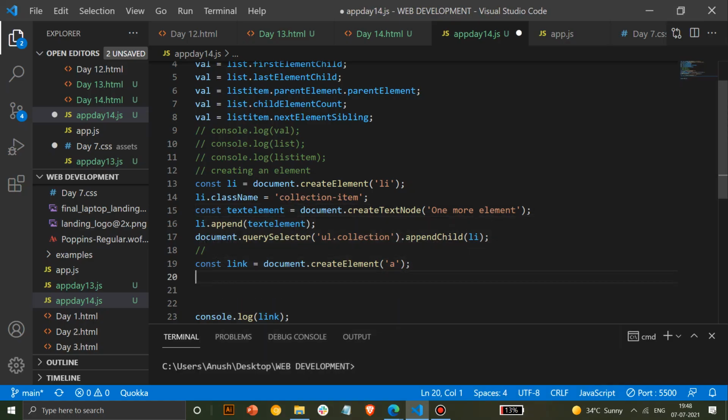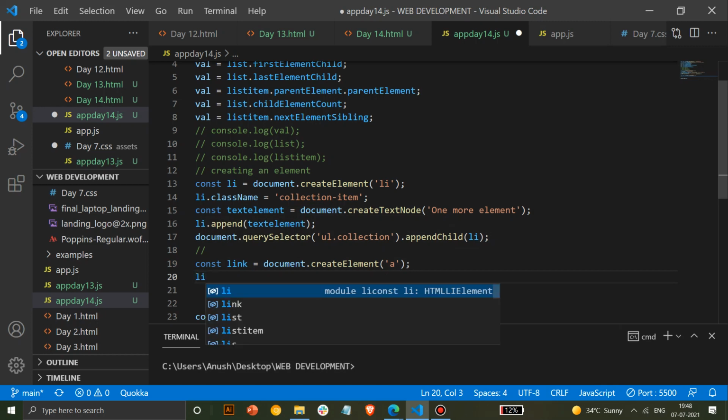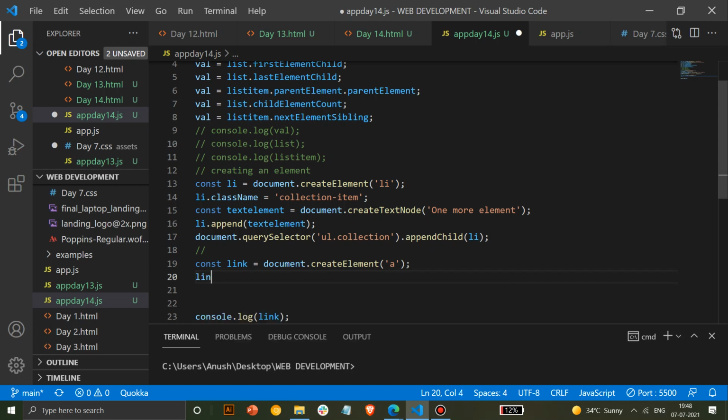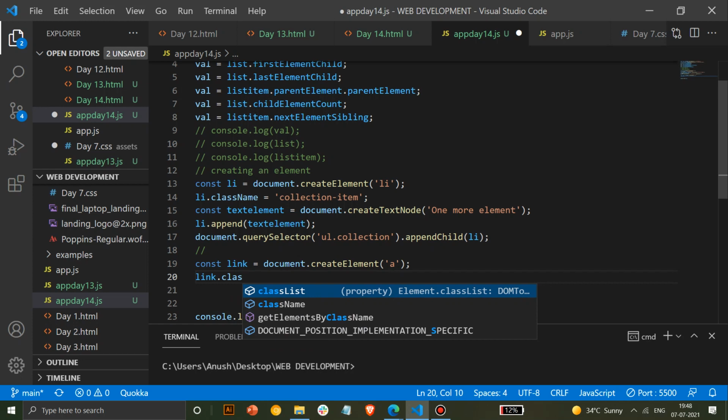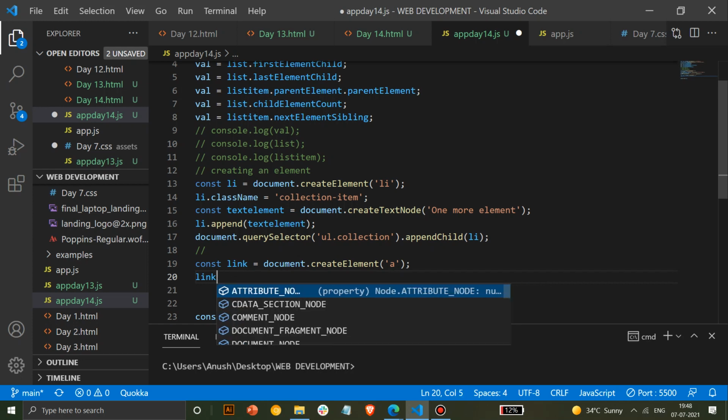Now you can add any parameter you want. If you want to add a class name, you can do link.className and create that. But we have a static class name, so we won't do it.